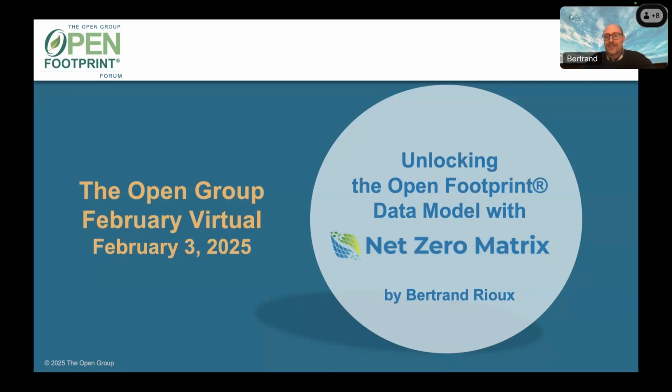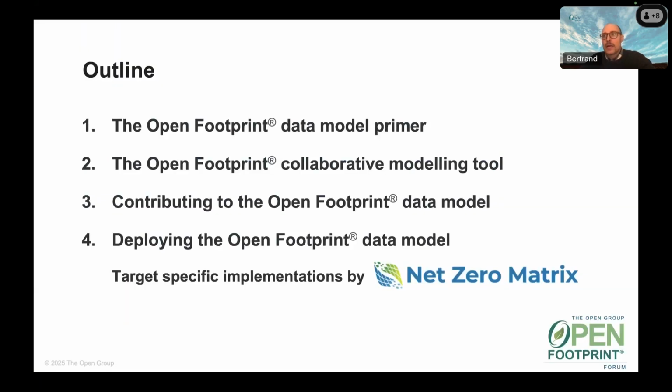So my presentation today will really focus on how we can unlock the open footprint data model with the tooling that Net Zero Matrix has introduced to the forum, and the services that we are now building, including, as AJ pointed out, looking at AI and its role in this hybrid automation of the application development cycle. So one of the things Net Zero Matrix is looking at closely is how to really build AI into our application architecture framework. So I think a real interesting complement or real world example of how AI is now factoring into the architecture approach of organizations.